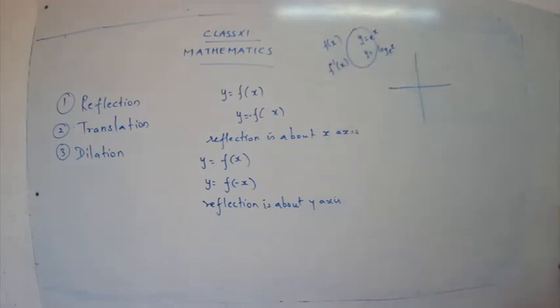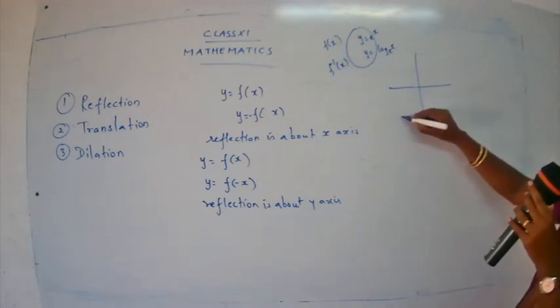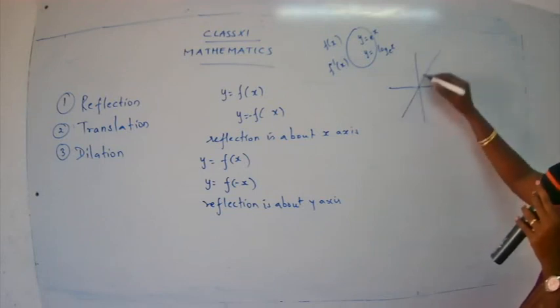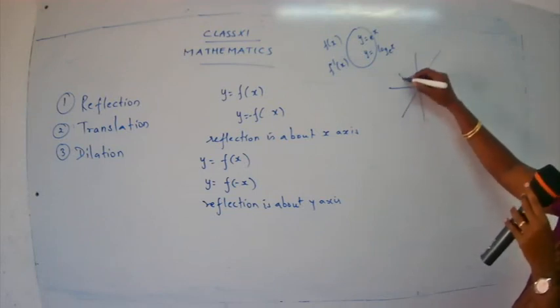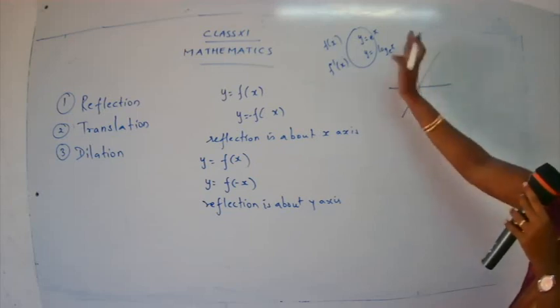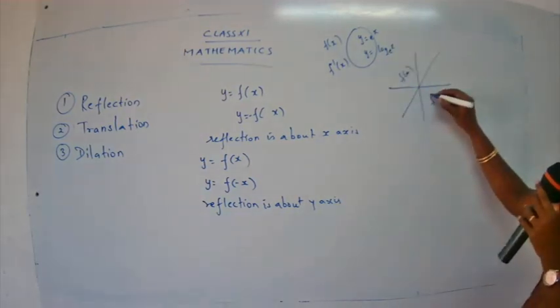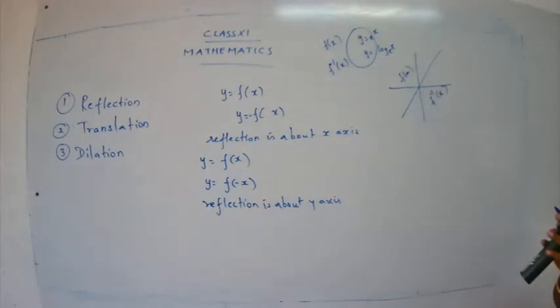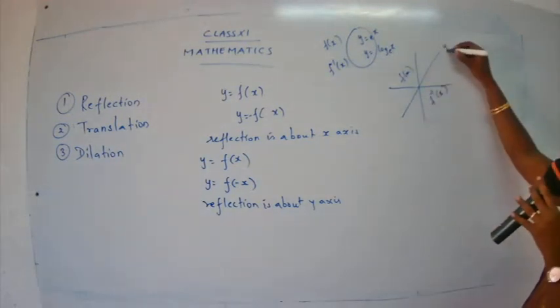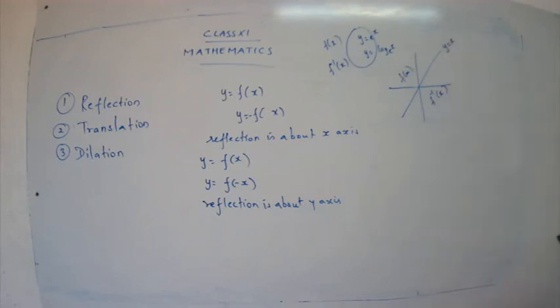So if we have a function and also its inverse function, and you are plotting them, how do you get it? One f of x will lie on one side, opposite to y is equal to x, and there f inverse x will lie. So it will be a reflection about y is equal to x. So just remember these three conditions, and you have to apply them when we go for the sums. Okay, so let's have one more recap.